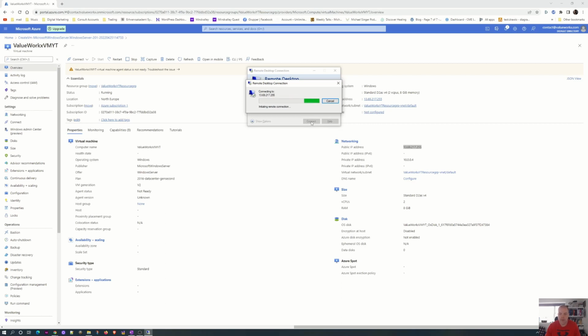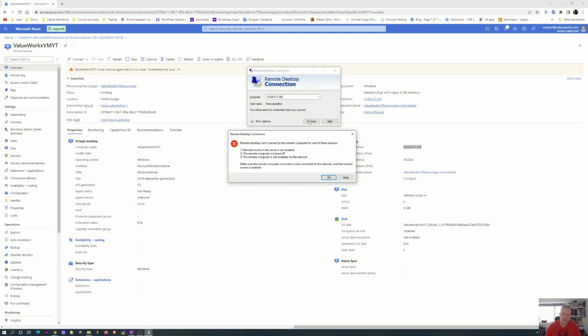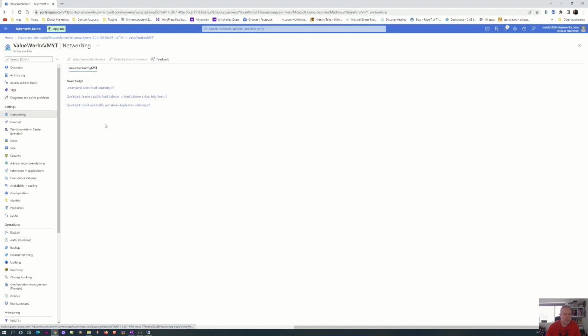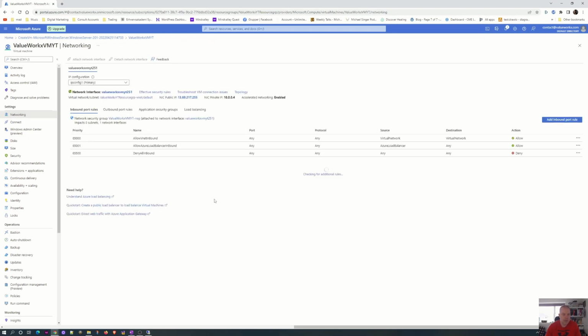And the reason, as alluded to earlier, we cannot connect is that we haven't opened the RDP port on our VM, right? So let's go ahead and do that. So we will go to networking, and we have our